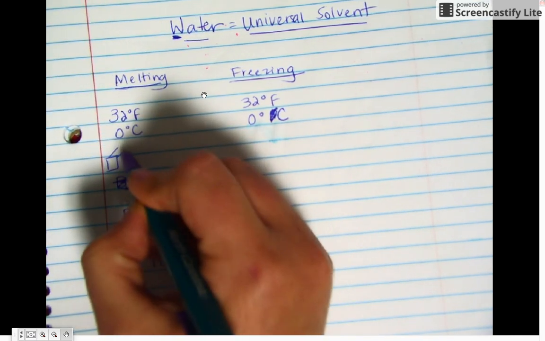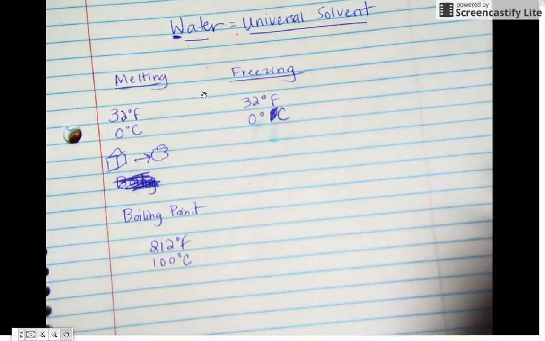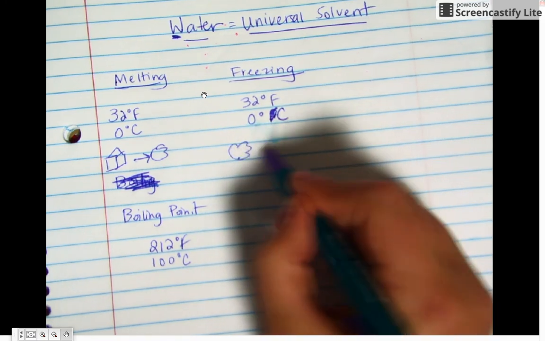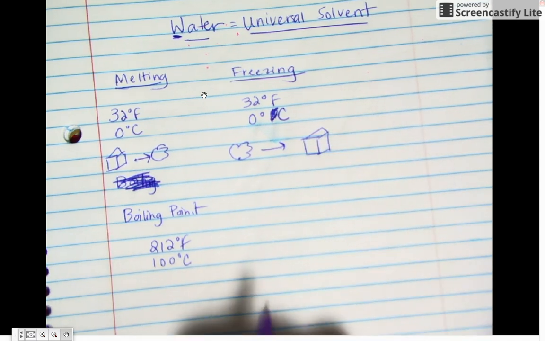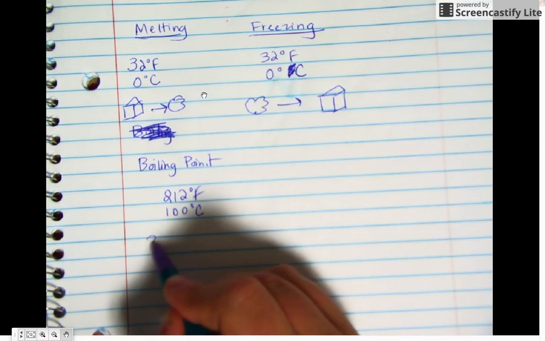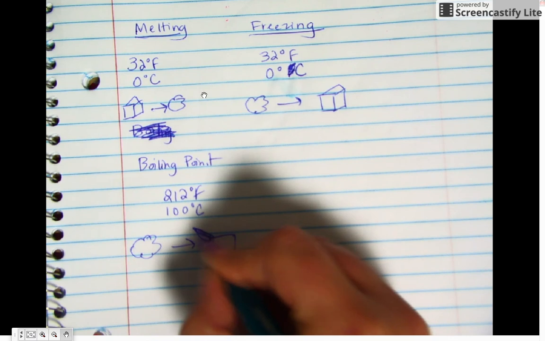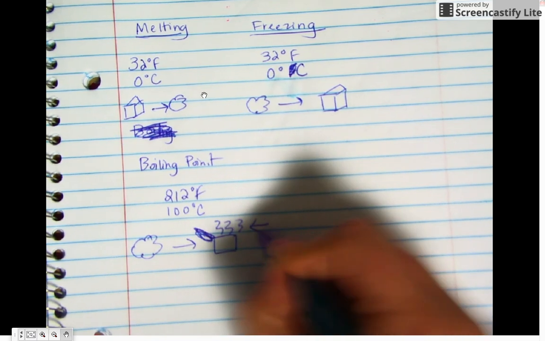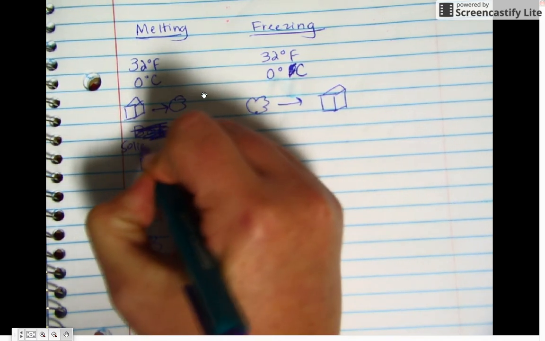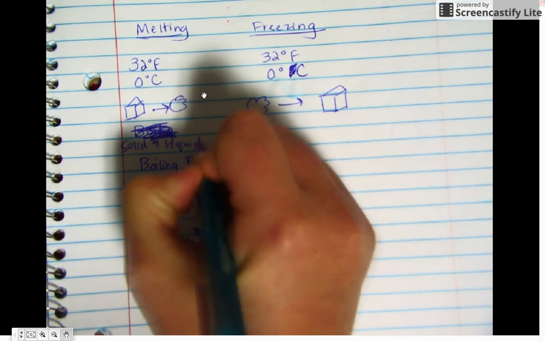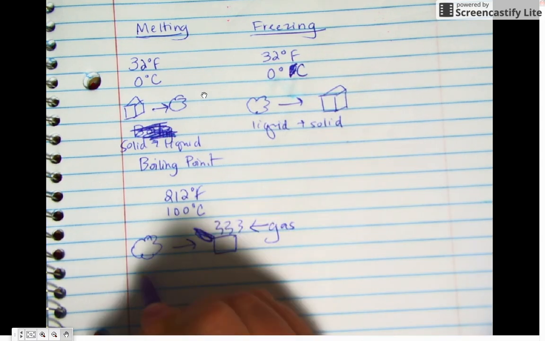Remember, I'm going from a solid to a liquid. Freezing, I'm going from that liquid back to a solid. And remember, boiling point, I'm going from that liquid to that. I'm going to draw a pot with that steam. That steam represents gas. Okay? So, solid to liquid, liquid to solid, and liquid